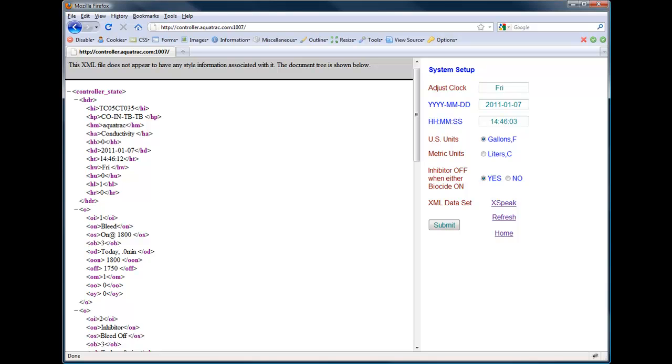Anyway, inside the header area, you have header information: the serial number, part number, the manufacturer name. I don't know what this is. I would assume it's the application, maybe. I'm not sure. HB, I'm not sure what the 0 stands for. The D is the date, the time, the day of the week, and U